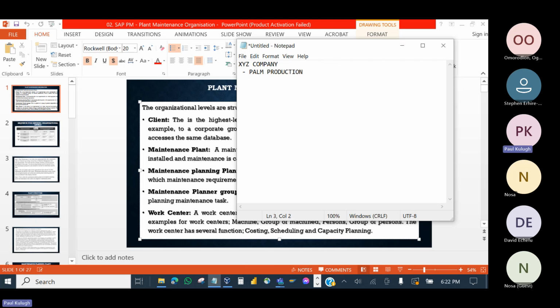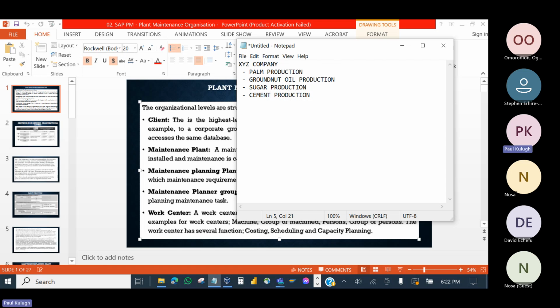They're also into maybe groundnut oil production. Maybe they're also into sugar production, and they're also into maybe cement, just for example. So this is a company that has different plants